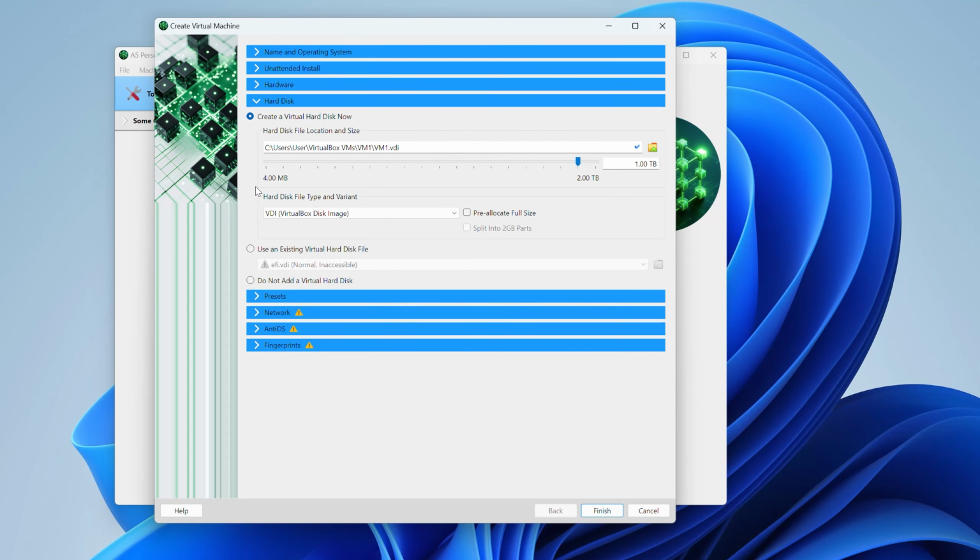Next is the hard disk tab. All you need to do here is click Pre-allocate Full Size. If you're going to work with local software, such as exam platforms, then we set not 1 TB, but 256 GB of our disk size and choose Pre-allocate Full Size.